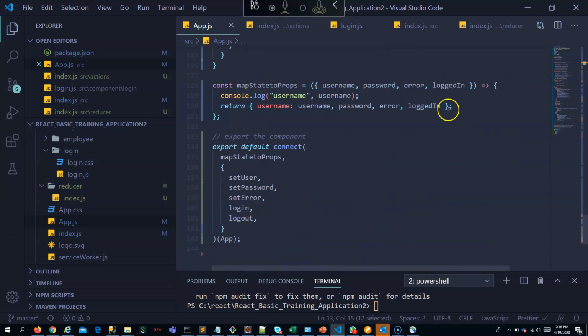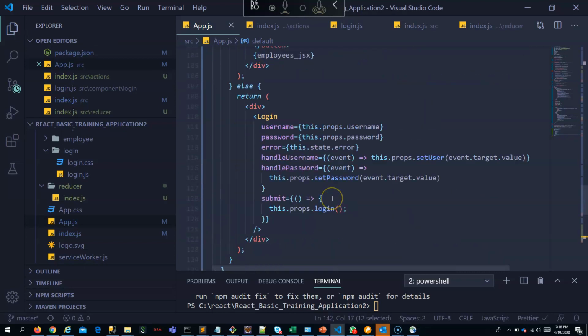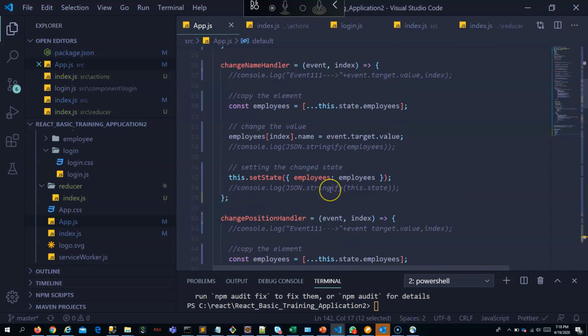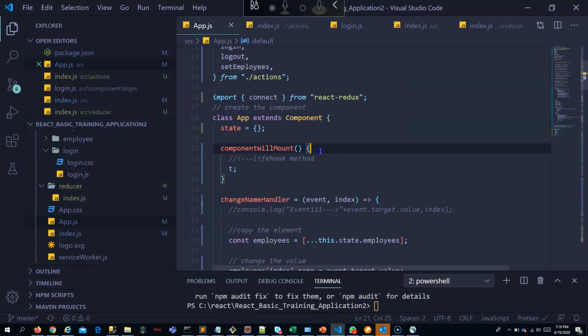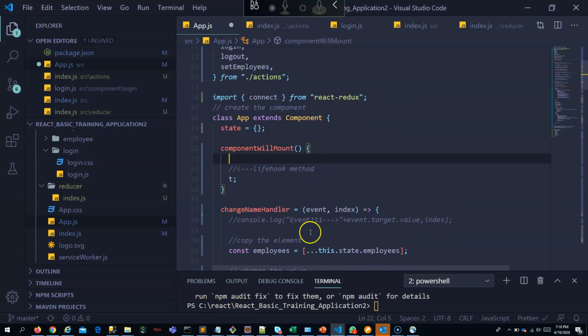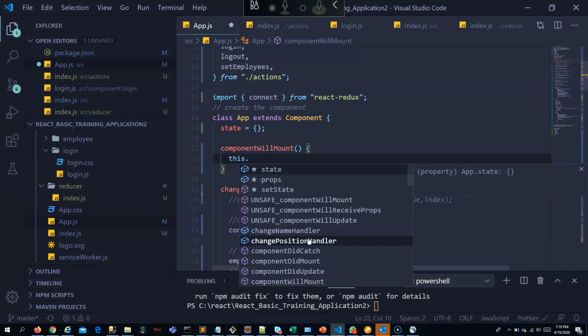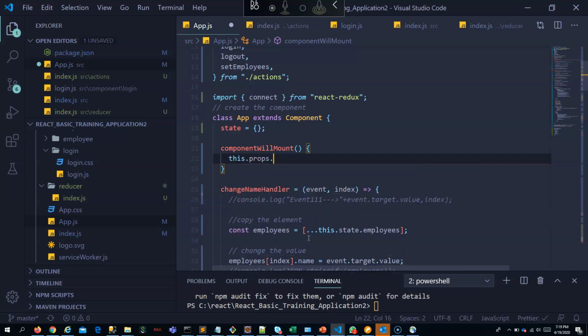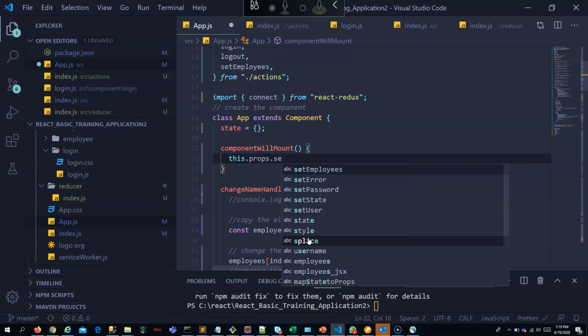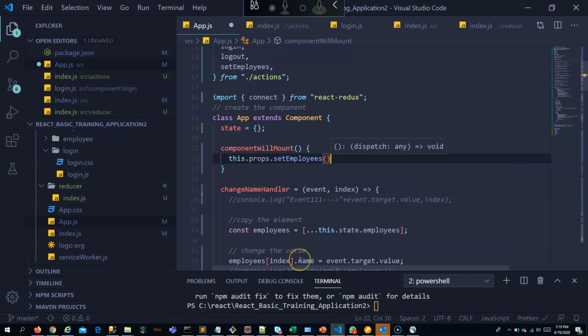We can make this available to the props as well, and this set employees, you can call it here in the props in componentDidMount. this.props.setEmployees, right? Just call this. We will see now.